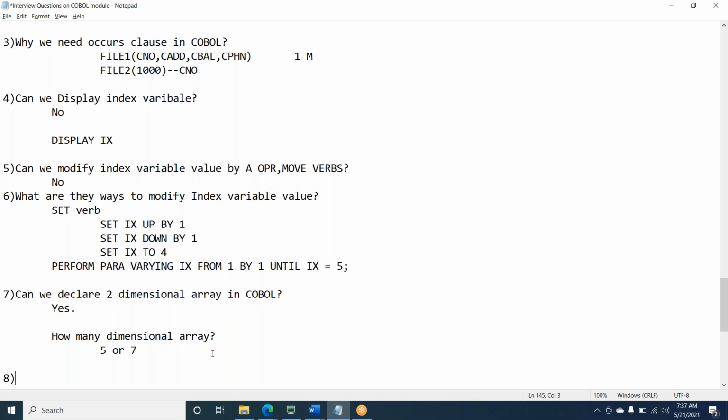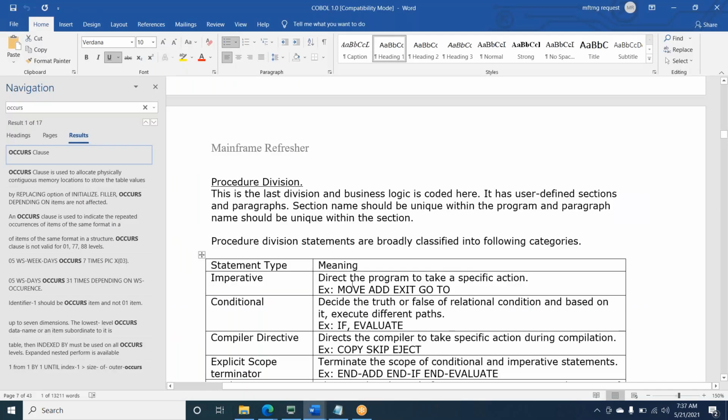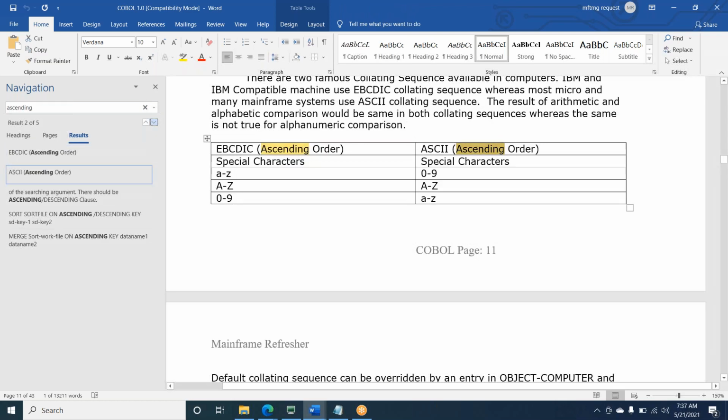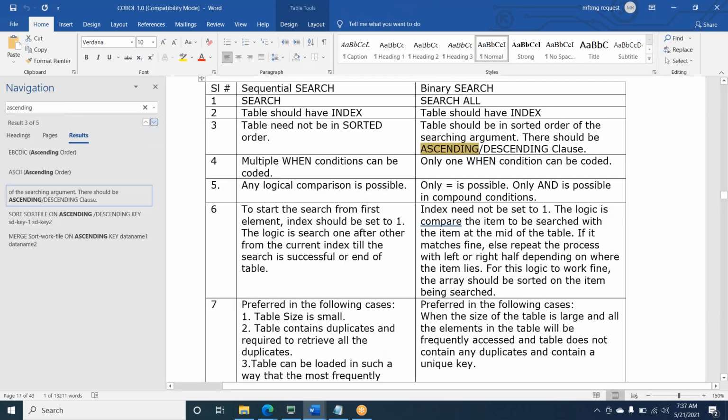Next. Can we declare OCCURS clause with DESCENDING? We usually write OCCURS ASCENDING KEY like this. So can we declare OCCURS with a DESCENDING?